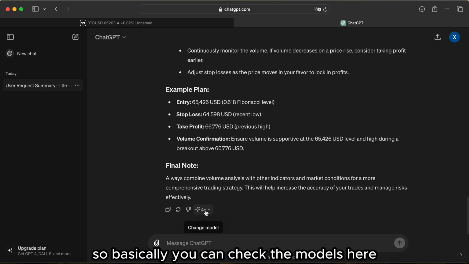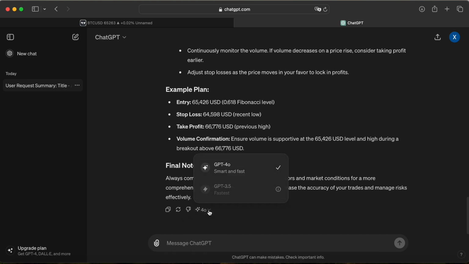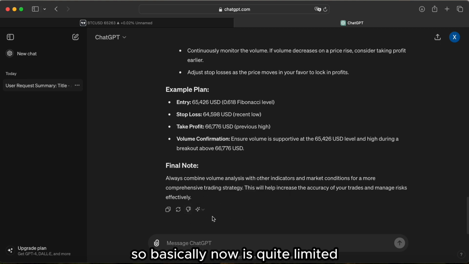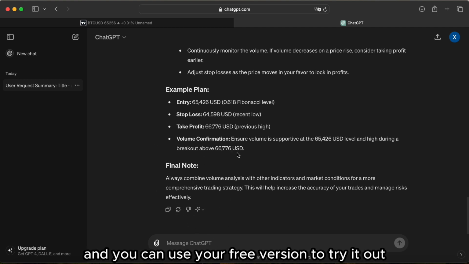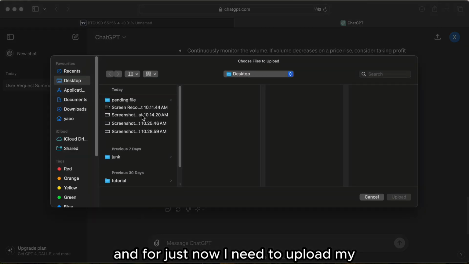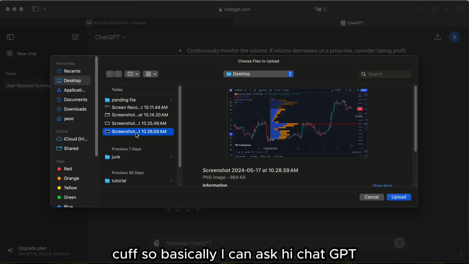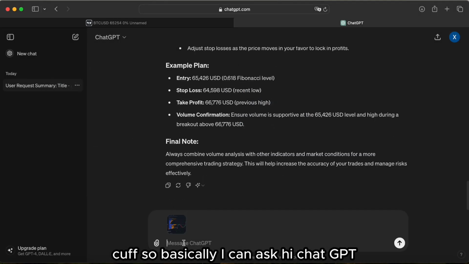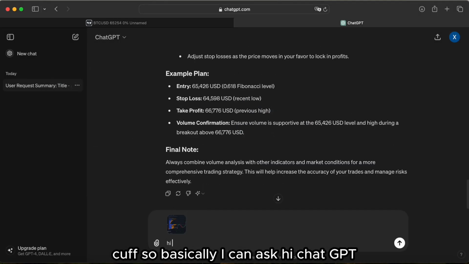So basically, you can check the models here. Currently ticked is GPT-4o. Yeah, so basically now it's quite limited and you can use your free version to try it out. And for just now, I need to upload my graph. So basically, I can ask, hi ChatGPT,